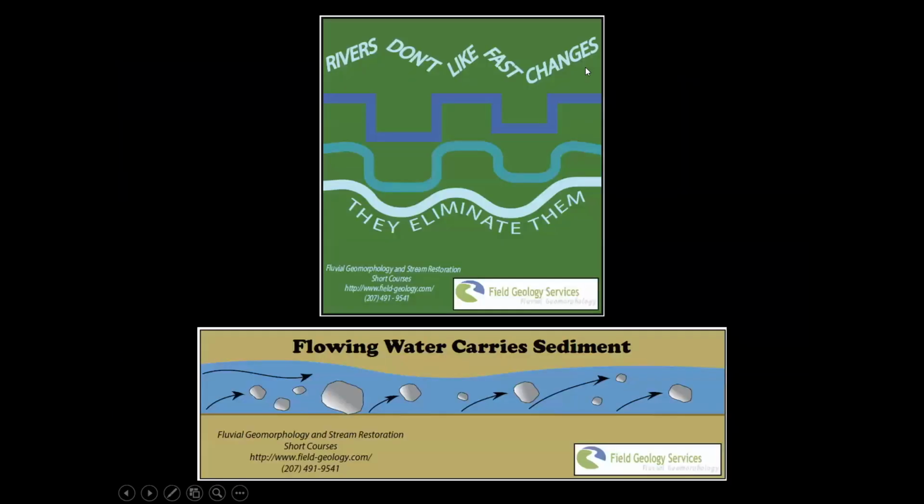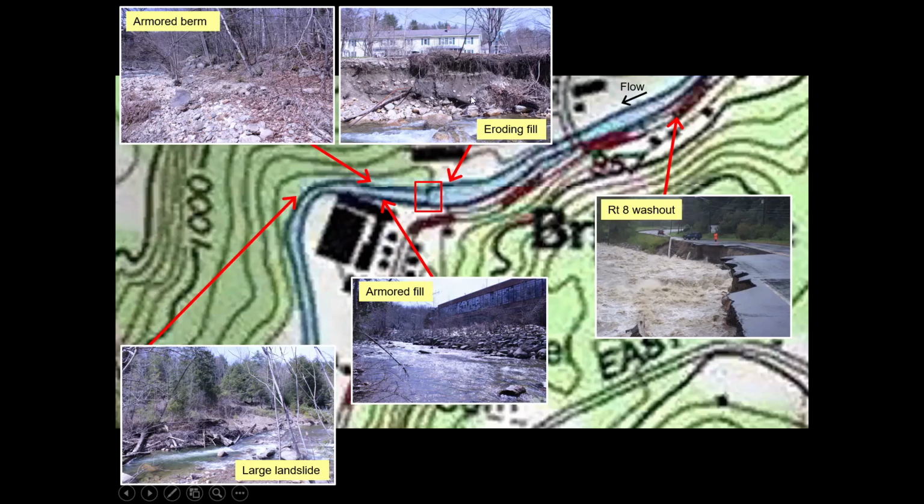Could we remove that fill and create a little bit of floodplain space? Surprisingly, the condo owners are actually sort of warm to the idea. I thought they would reject it out of hand. Downstream, even further, is an armored berm. Could that berm be removed and provide some more flood relief? The whole mill complex is potentially constricting flow. The whole mill complex is probably built on artificial floodplain fill, further constricting flow.